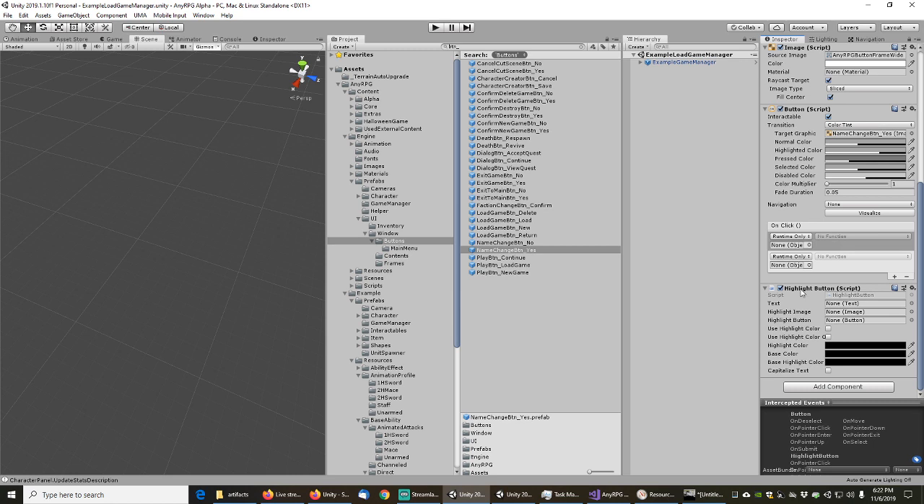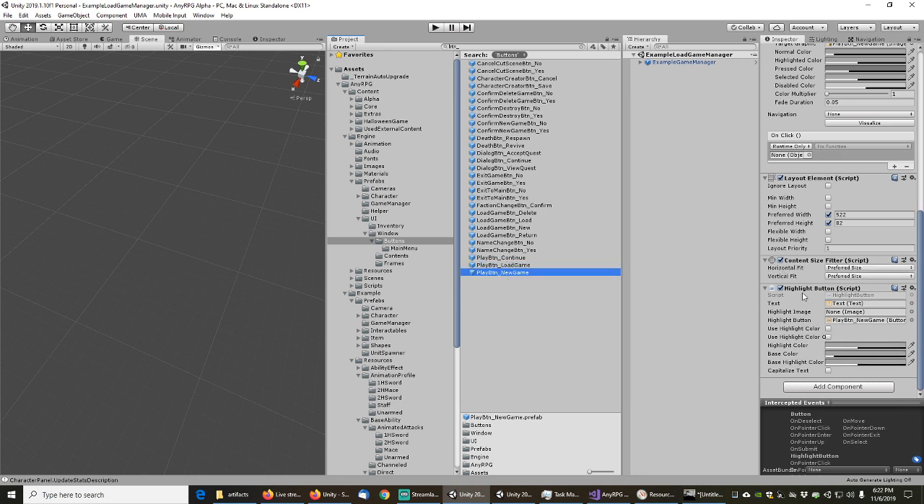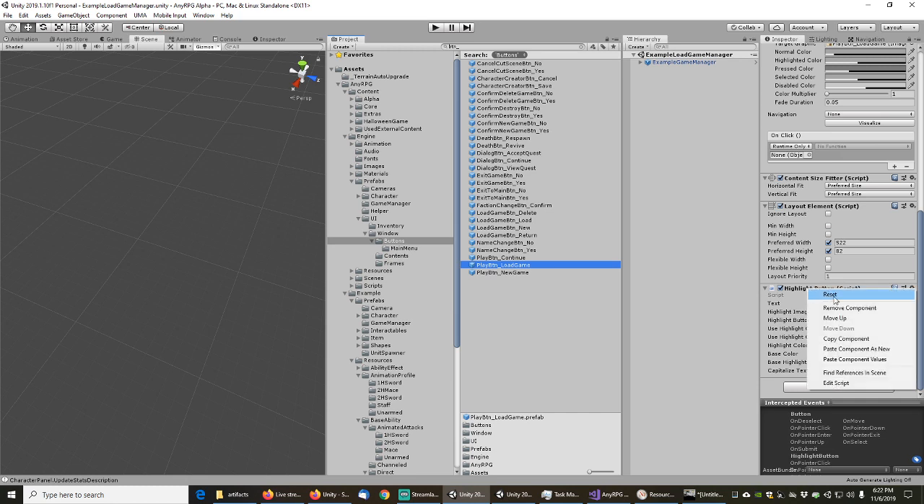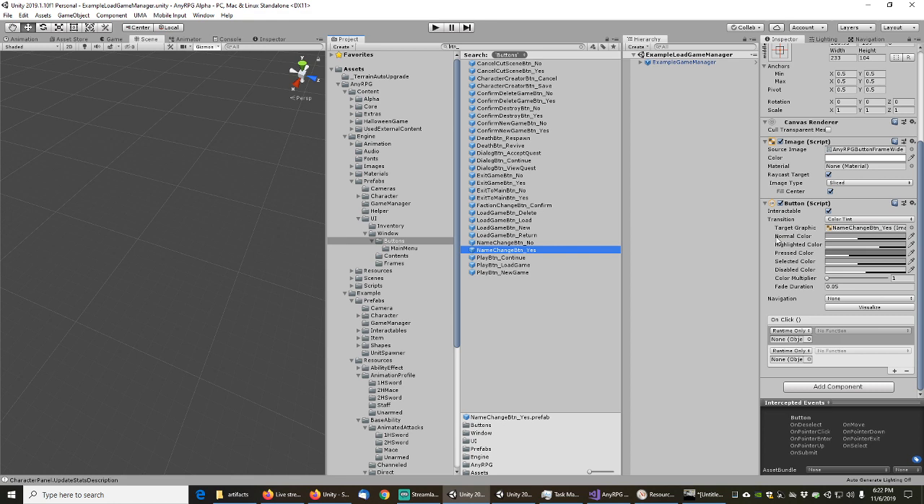But okay, you know what? I don't want to just add a highlight button like that because we're getting the wrong color scheme there. So, wow. There we go. Okay, let's copy this component and let's see what happens if we paste the component values. I think that worked. So if I right click and go paste component as new,